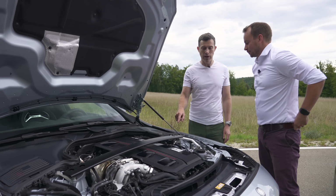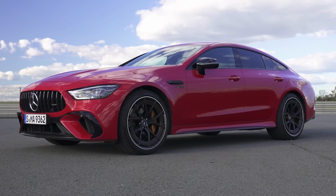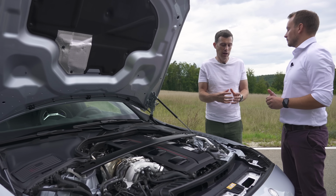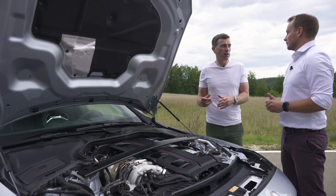This has a better power to weight ratio than the previous car and its competitors. But there's another car that I drove, which was an AMG E-Performance. It was the GT. I'll be honest with you, I would have just had the normal V8. I didn't think the addition of the electric power really made it that much better for the cost and the